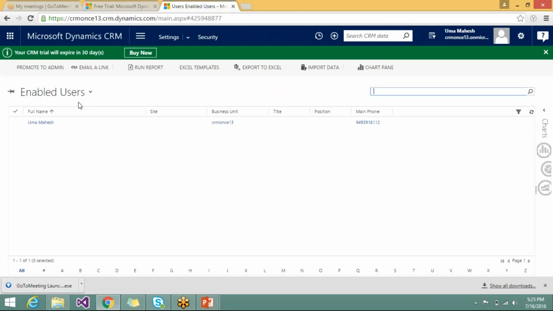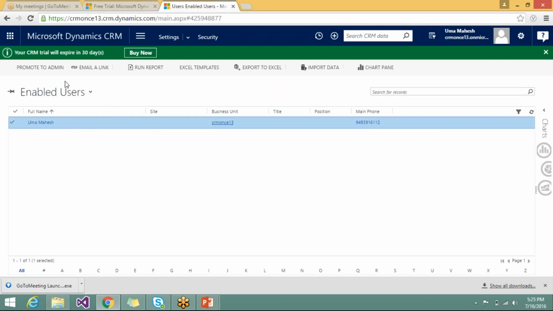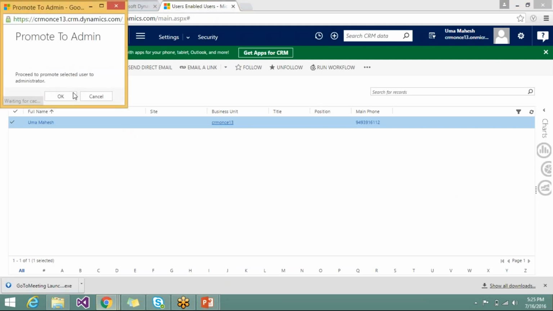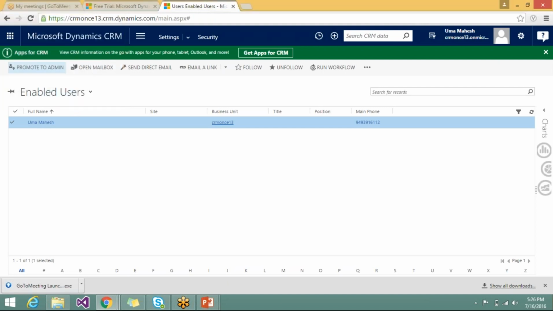Once it loads the users, you can select that user and click on Promote Admin. Once you click OK, the selected user will get admin privileges on this instance.